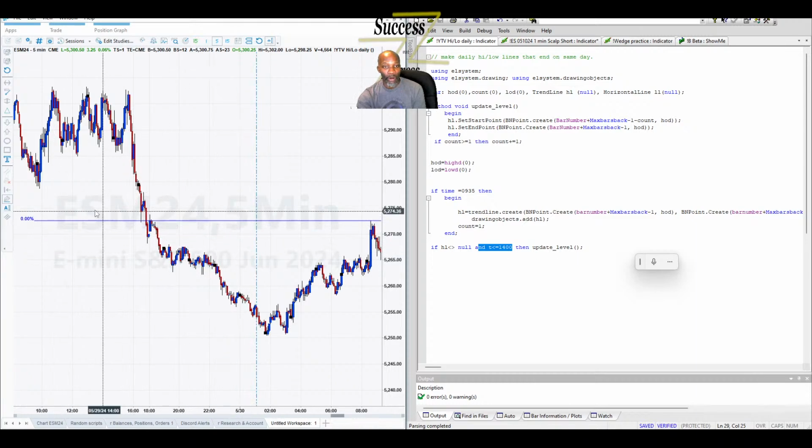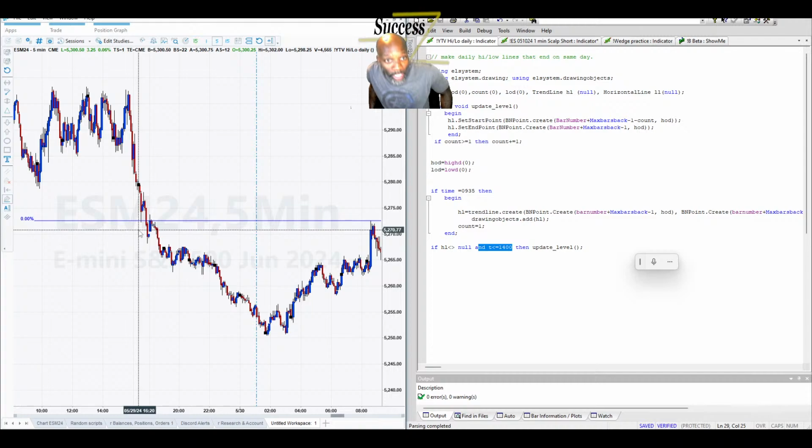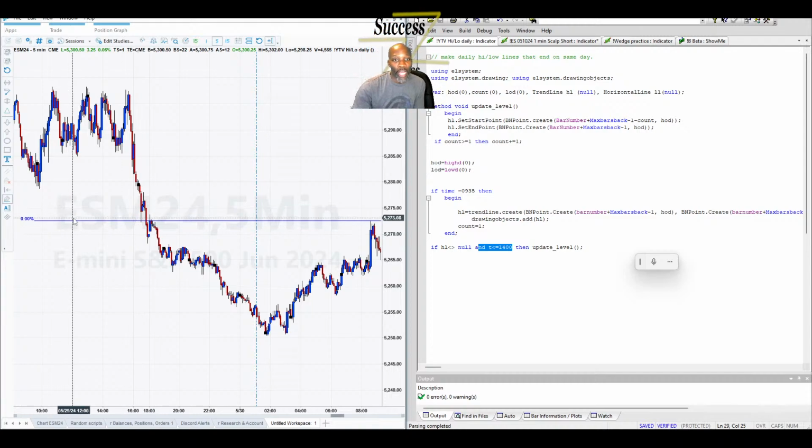But because our counter is still holding on to that value from that many bars ago, it's actually plotting our line that far back. But our high of day should not go past the day, right? So why is it going past the day? Because we said if high line is not null and time is less than or equal to 1400,